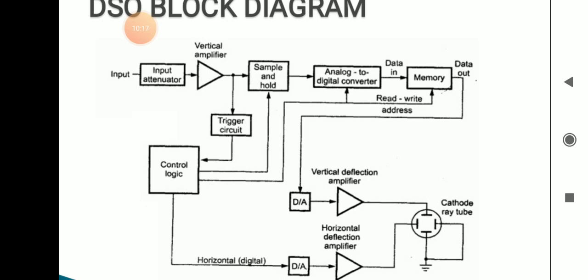Third one, hold or save mode. What is the function of hold or save mode? When a new sweep signal from the time base circuit is received, then new contents are overwritten on the old contents. So whenever your memory is full and I want to delete it because I want to write new contents, for that purpose you can use it.